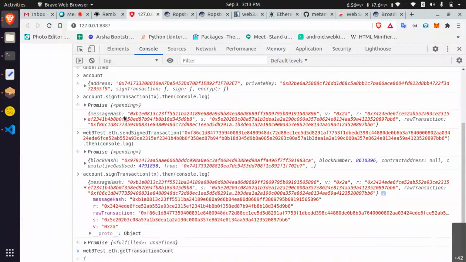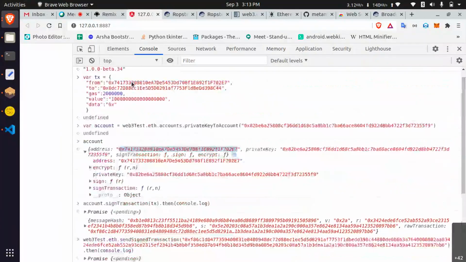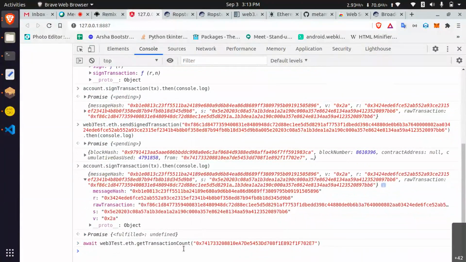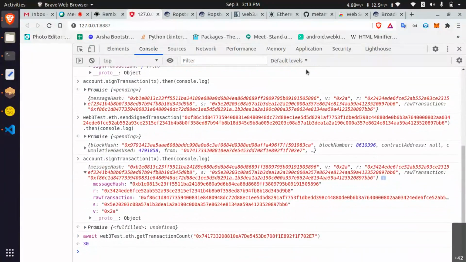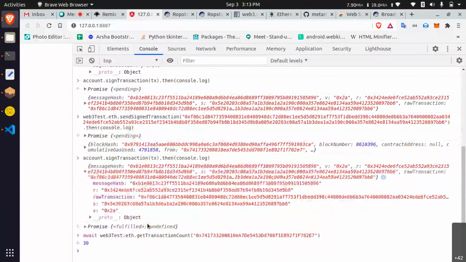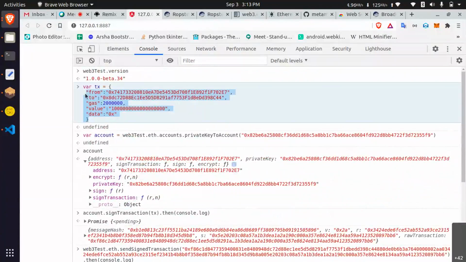Here, transaction count, then you can see the count of transactions. Okay. That is my transaction count. Okay. Let's see. I'm going to copy paste this again.